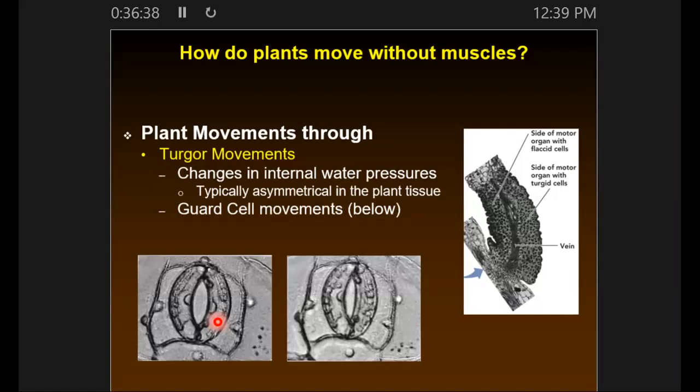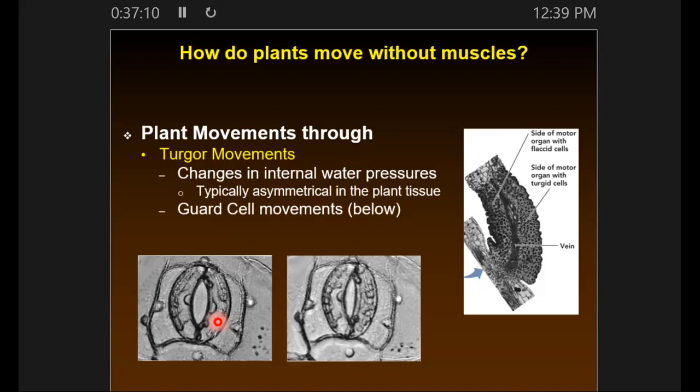Yeah, there's a lot of signals going into stomata movement in particular, because stomata are so critical for the plant to stay alive. If they don't get this right, they could die, because they can't, like us, go up to the faucet and turn the water on. So they have a lot of controls on stomata movement. Hormones are certainly playing into this. I won't show it in this class. I show it in Plant Phys, but they've